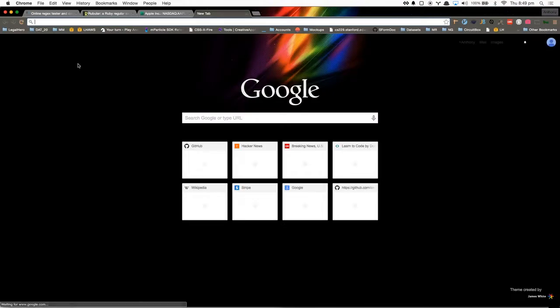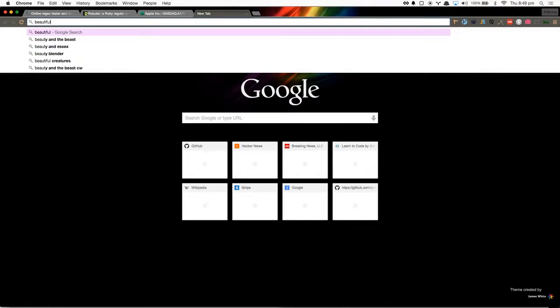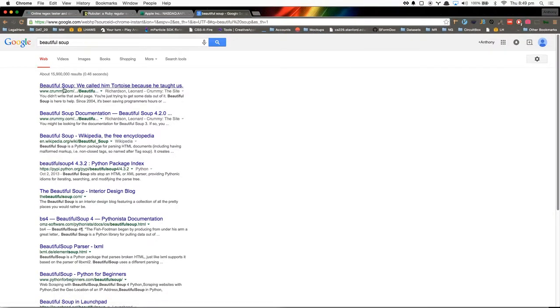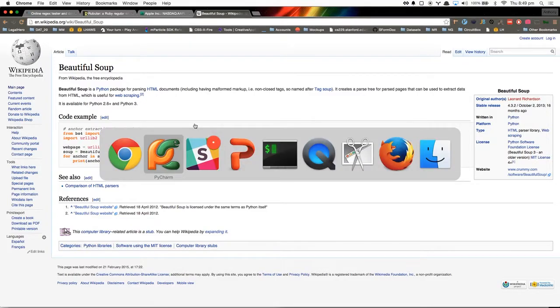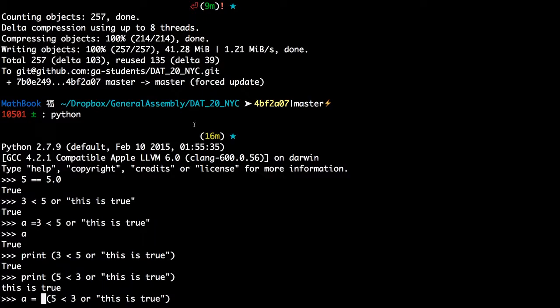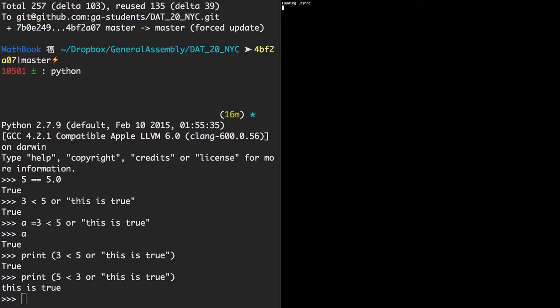In Python, there's a tool called Beautiful Soup, which is a Python library for parsing the DOM, parsing HTML elements. It's a much simpler, much more friendly way of extracting information from structured and semi-structured text from HTML and XML. You should all make sure this is installed, using pip install Beautiful Soup.